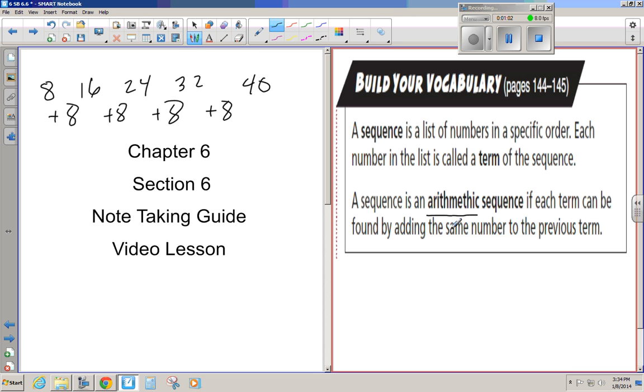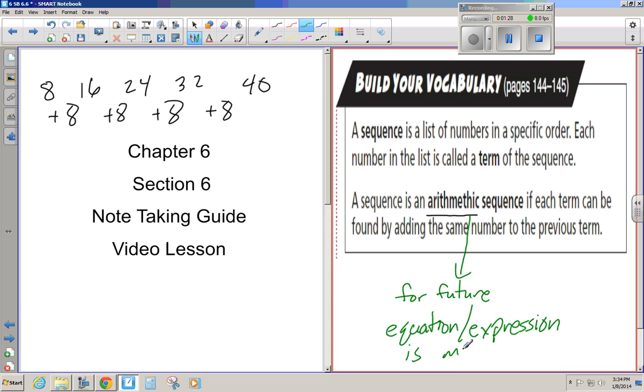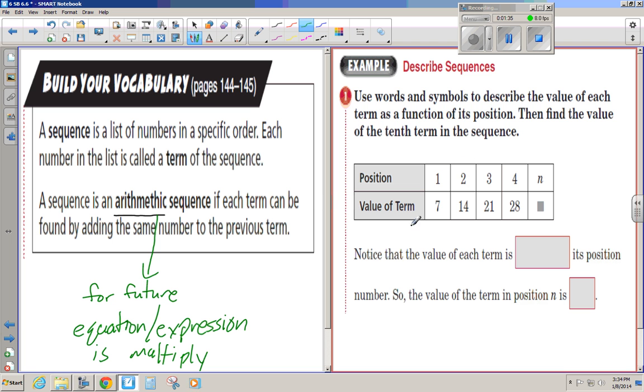And one thing you need to know: arithmetic sequences, it's adding, that's right, but you're going to want to remember that the equation, or expression, for the future here is multiplication. It's multiply. Right? So looking at this, use words and symbols to describe the value of each term as a